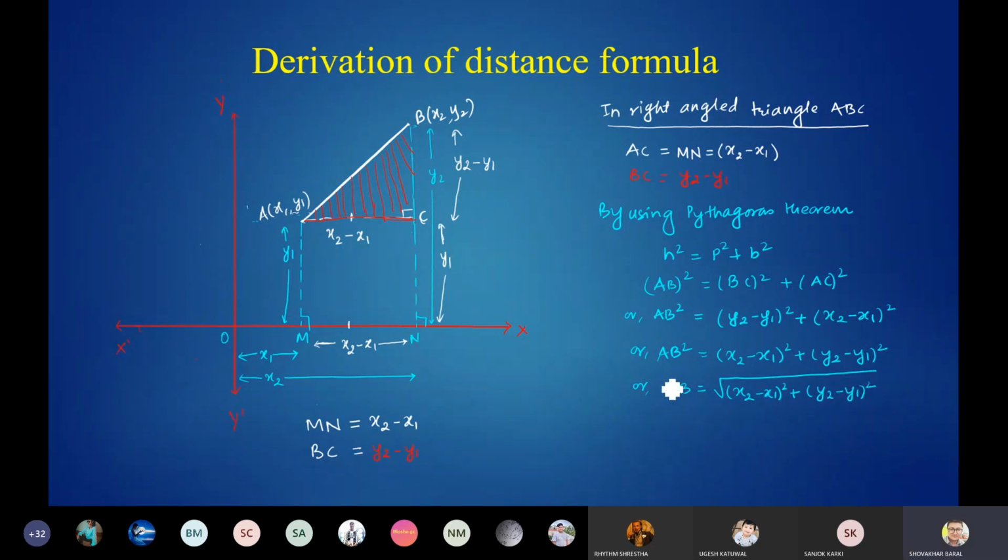How the formula came is derived here. Just please remember the formula. You don't need to go through all the derivation. This is important at some higher level, but you just need to know how it came. Okay. So this is the formula. Please write this. Just write these things. If you want the whole solution, then you can see it in your textbook also. Just copy this fast. Copy fast, please.